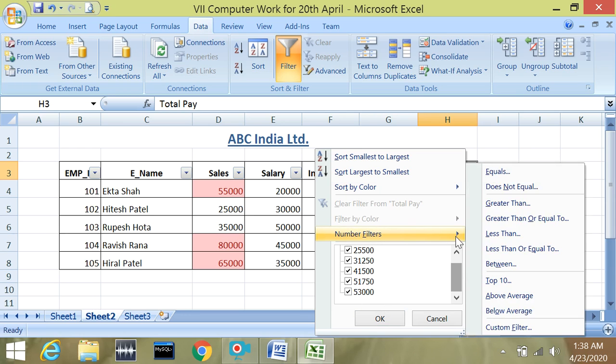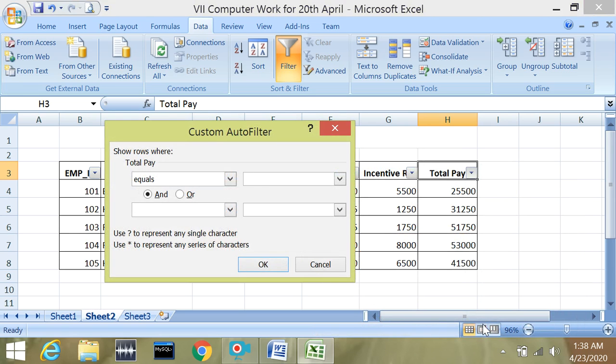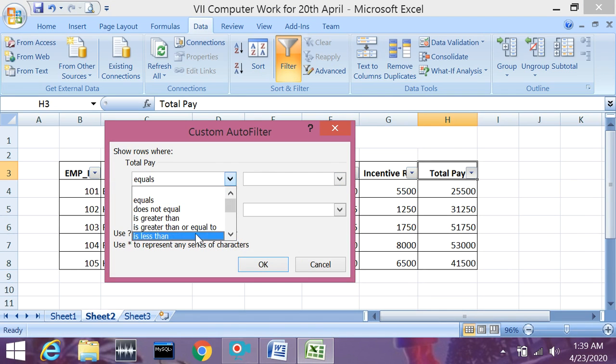So the simplest way is, just click on Number Filters. Then you can go to Custom Filter. If we have two conditions, you can give two conditions here. The first condition you need to give here is less than 40,000, so simply type 40,000 in this box.